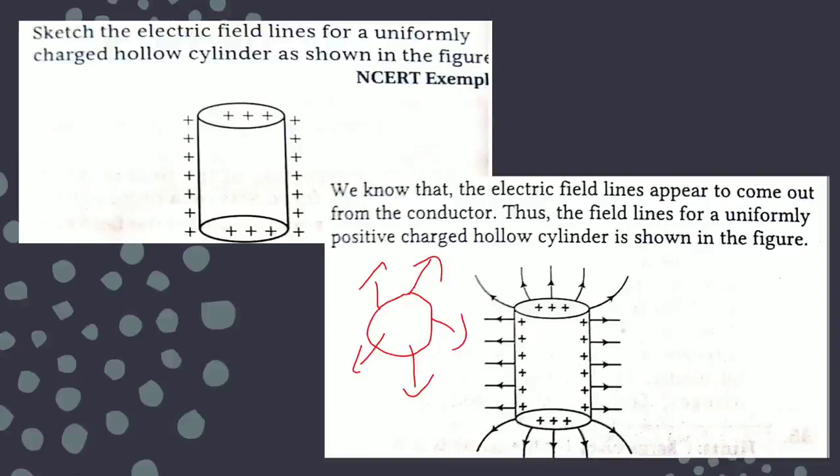But if you see the side view, it will be like this only. So you have to see both the ways, and here you see as if the lines are closer, but they are not closer. They are equally distributed in all the directions and perpendicular. But when you see the side view, it will look like this. So this is simply the pictorial depiction of the field lines for a uniformly positively charged hollow cylinder, and of course the field lines have to move outward. If they give you negatively charged, then you have to make the lines move inward. But of course they will always be perpendicular to the surface.